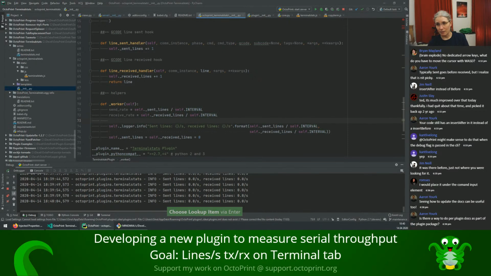Then we can actually move that line up there,